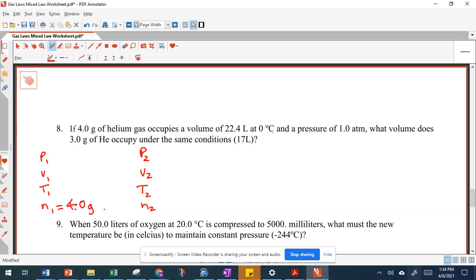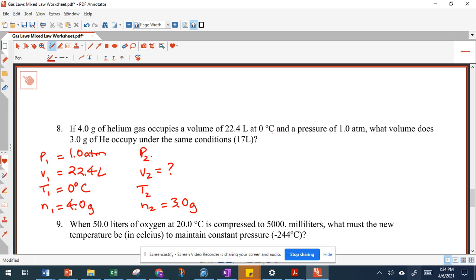Okay, so I'm just going to write that as N1, even though it's not a number of moles, because that is our amount. We have a volume of 22.4 liters, and we have a temperature of 0 degrees Celsius and a pressure of 1 atmosphere. We have a final amount of 3.0 grams,